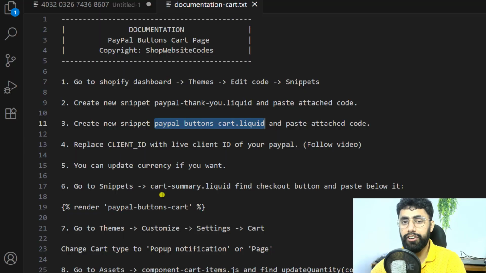Now you can go back and follow the fourth step, which is to replace the client ID with the live client ID of your PayPal. So what is a client ID? Client ID means that in your PayPal account there is an ID which helps you connect your PayPal with your Shopify store. Inside Shopify I have written some code related to PayPal, but to make the connection I need an ID which helps us interlink Shopify and PayPal. This client ID is the one which helps us make the connection. I have given the link below in the description to follow a video,